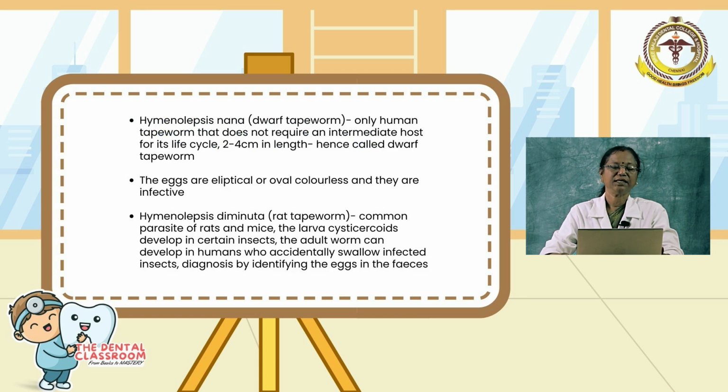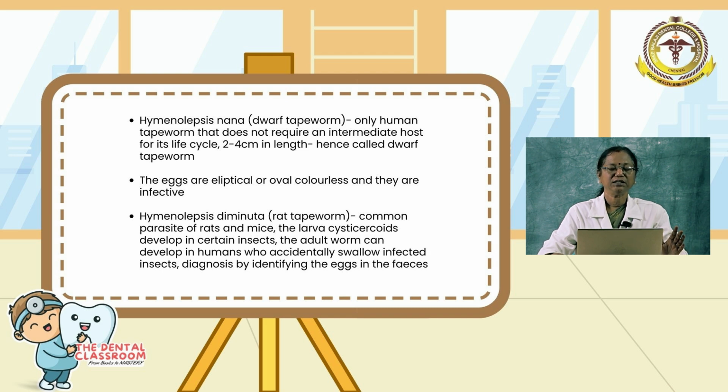Next is Hymenolepis nana, which is referred to as the dwarf tapeworm. So, please know about these names, because this can also be asked as an MCQ. Hymenolepis nana is referred to as the dwarf tapeworm because it is very short. It is the only human tapeworm which does not require an intermediate host. So, it does not have an intermediate host, and its life cycle